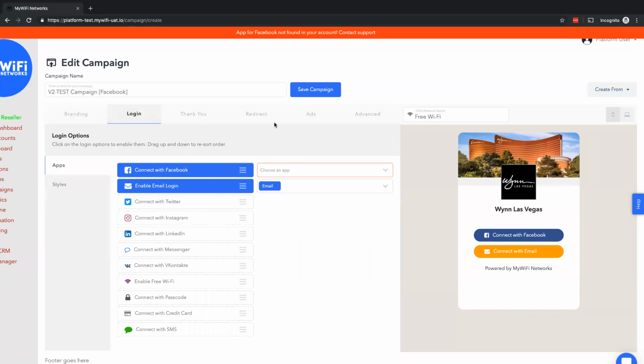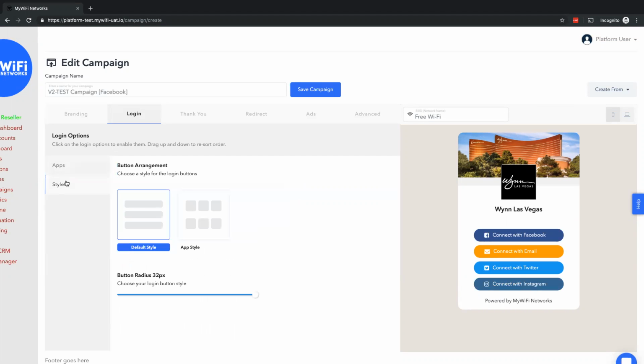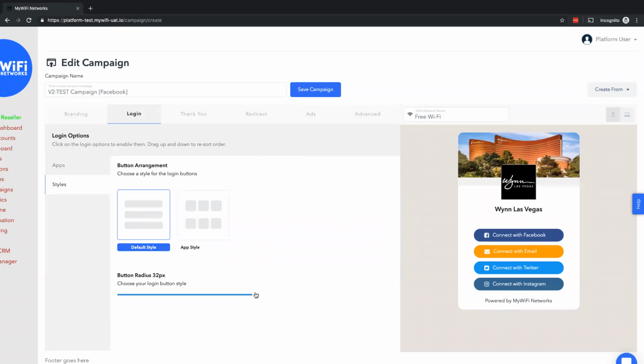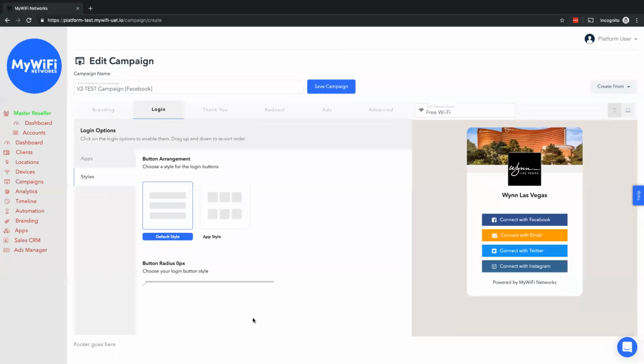In addition, on the login side, you have your Facebook app, obviously, your Twitter, Instagram. You now have the option to change the style. So you'll be able to, for example, go app style, default style, and you can also change the radius of the buttons here too. So if you don't want, everyone to date has been limited to this pill shape. If you want to have more of a square layout, you can very easily now do that with a little